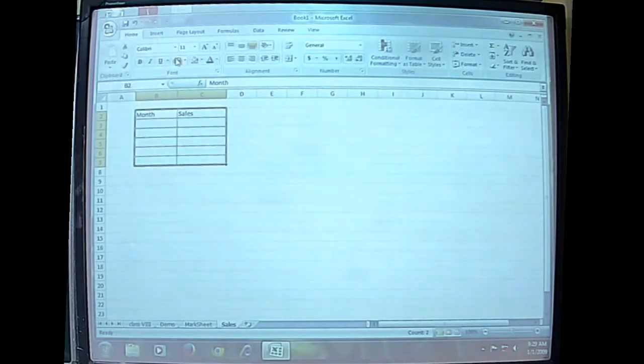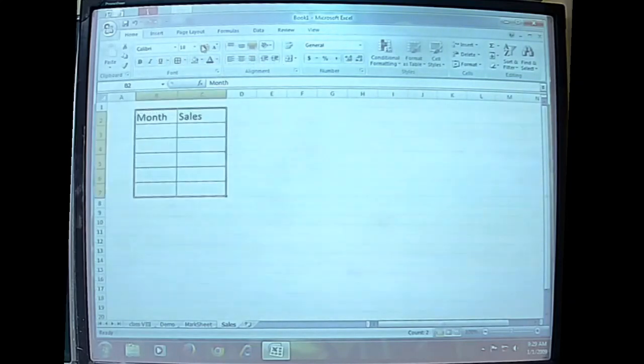So, we are just going to select only a few cells here, a few months. We will just increase the font size as well. The month is going to be January. See, there is a fill handle which can be very easily used for preparing the months. You don't have to type all the months again.